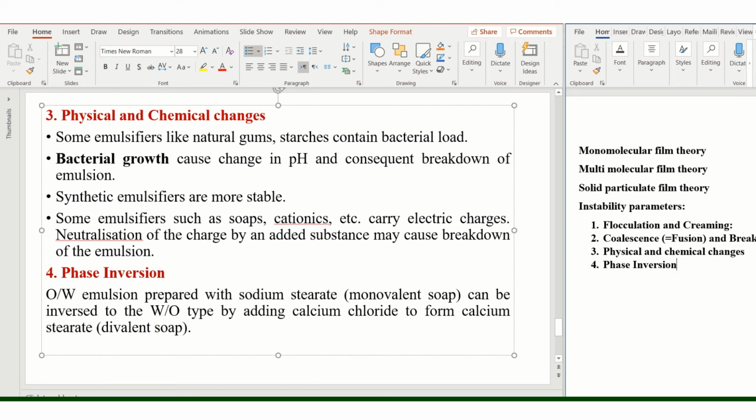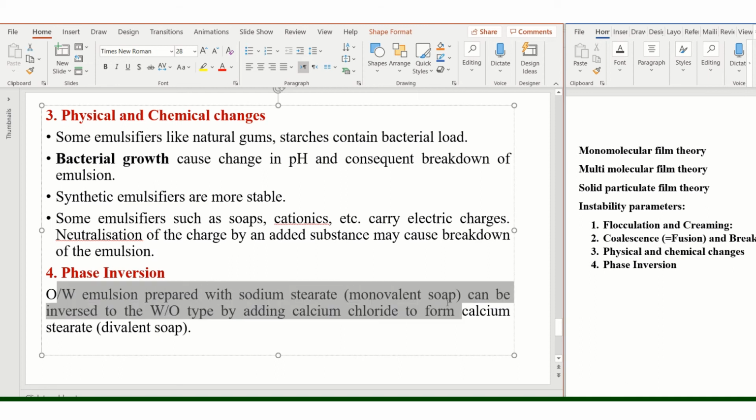For example, if we are supposed to prepare an oil in water type of emulsion by making use of sodium stearate as our emulsifying agent. Now, in this formula, if we add calcium chloride, for example, now this calcium